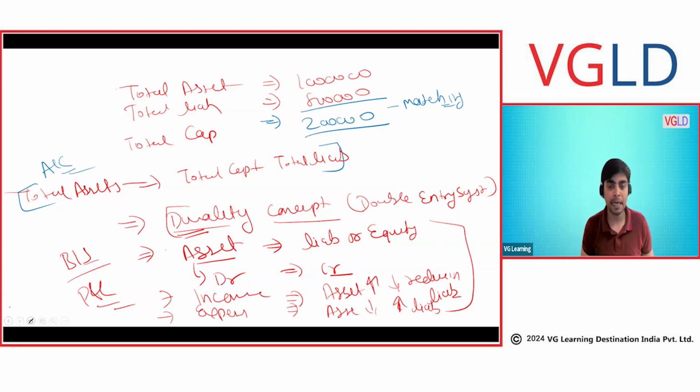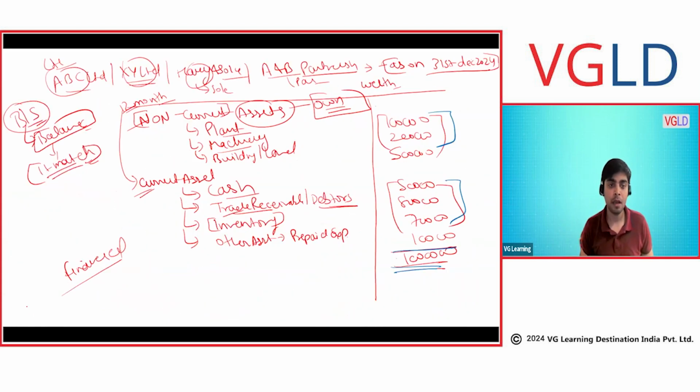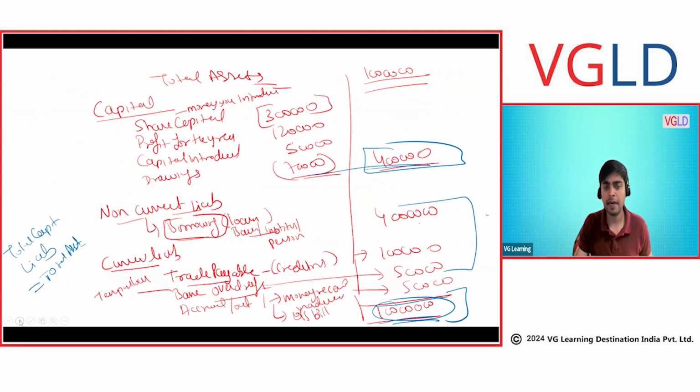So far, any question about the balance sheet format, about how it is prepared? What is current, non-current? We are going to discuss that in chapter number 2. So the balance sheet matches the accounting equation: total assets equal total liabilities plus capital. Clear, everyone? Vish is asking, if it's a double entry, what's the other side? Single entry? I didn't get your question clearly, because what we are discussing is double entry. Single entry doesn't exist, Vish.